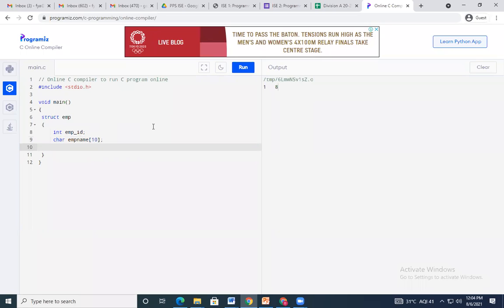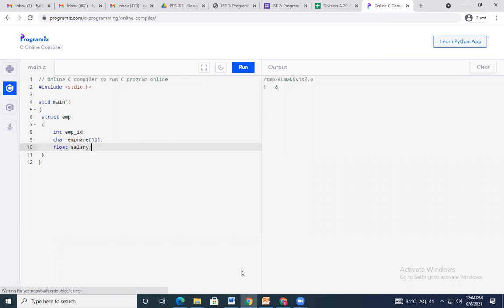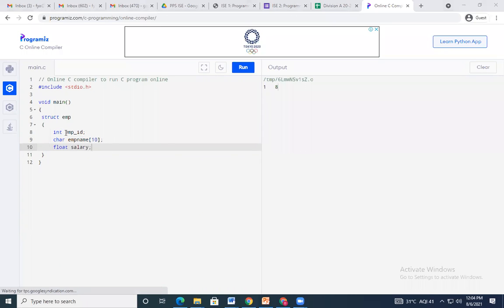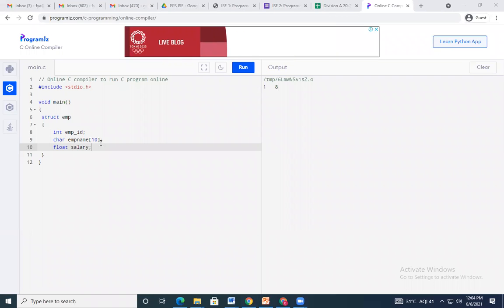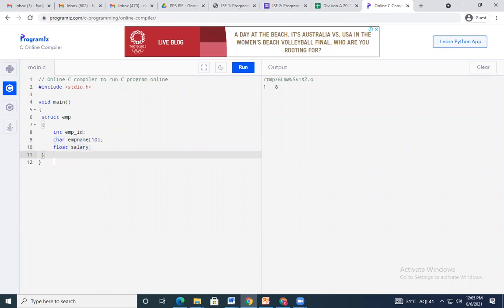And I'm having float for salary value. Okay, integer employee ID, character employee name, I'm going to store the name in this character array, and salary, which is of type float. Okay, now here we need to give the semicolon.